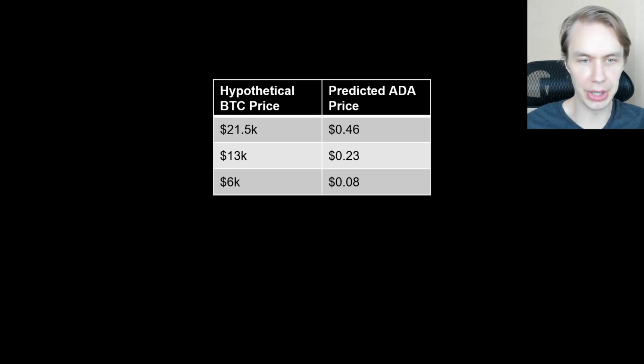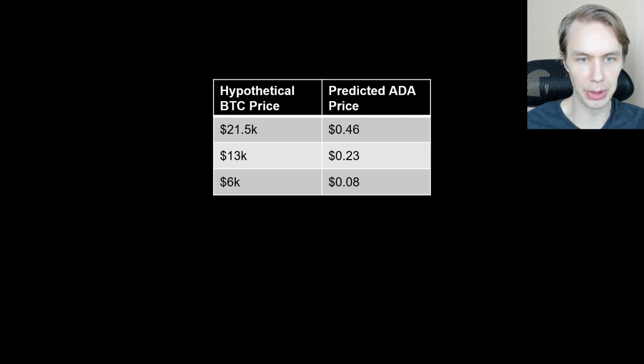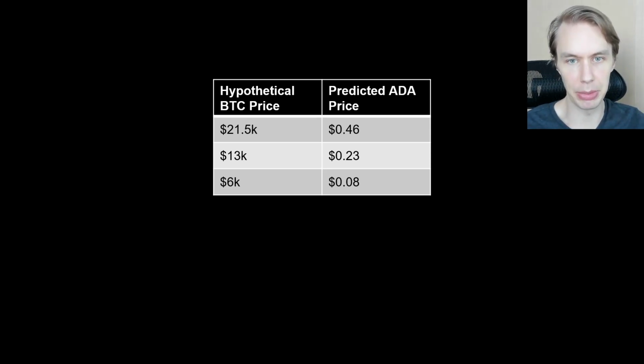Now, some other people talk about 6K as being more their target for Bitcoin going forward, and some people call that the worst case scenario. I think it's obviously hard to really know, but that's a level that has been talked about as being the next leg down. Now, if 13K would break, 6K would be the next level people would watch. And we see this model would actually predict ADA fall all the way back down to 8 cents. So pretty brutal. I mean, not all-time lows, but pretty darn low. Not something that I think most people would like to see.